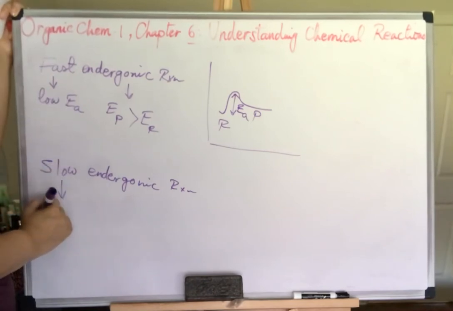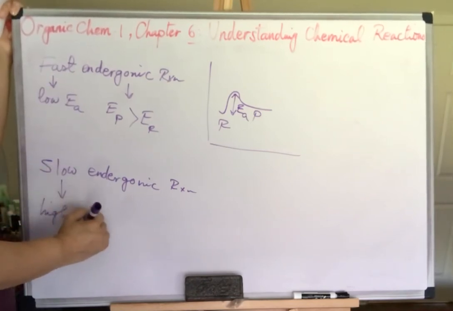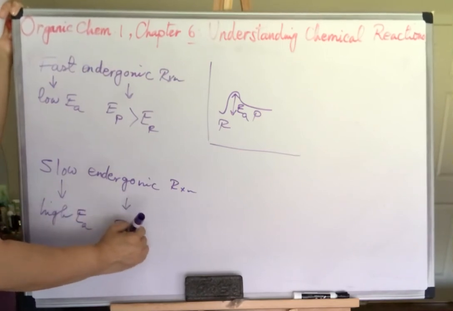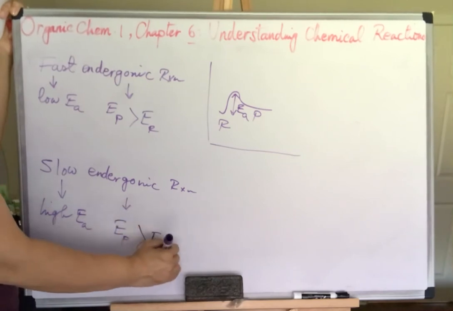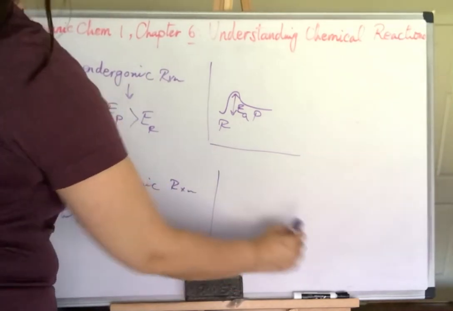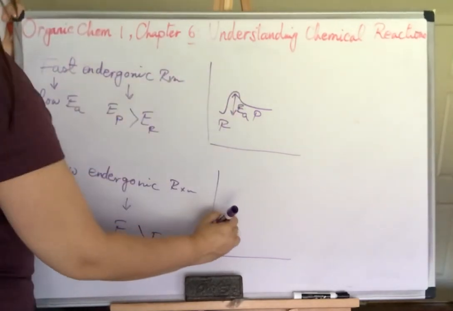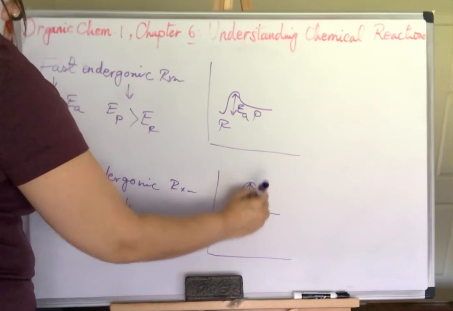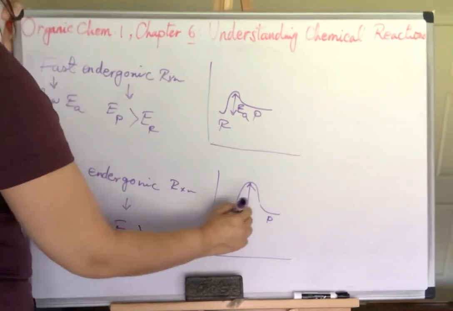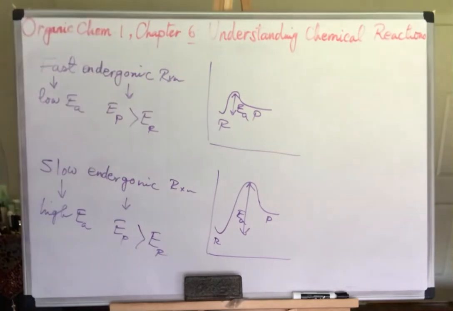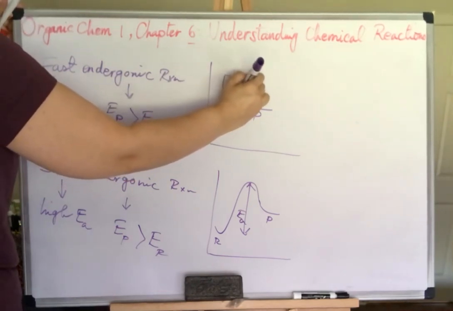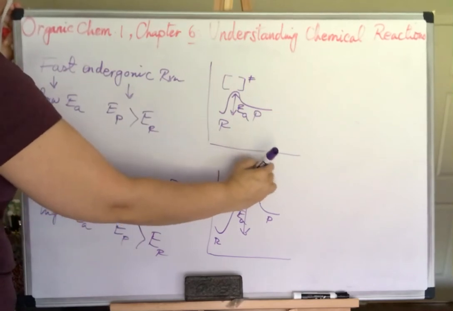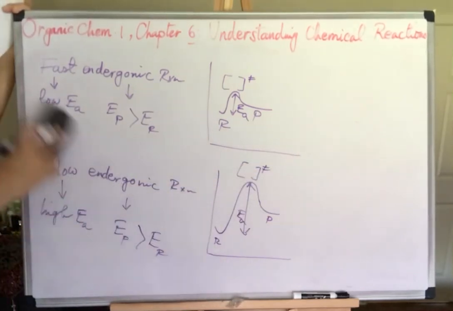But slow means high activation energy, and endergonic again, sorry, I don't know why I keep saying that. Energy of products more. So the distance should go higher. And this is the meaning of slow endergonic reaction. And this is a transition state, right? The transition state is normally shown as this. And you can have more than one transition state,